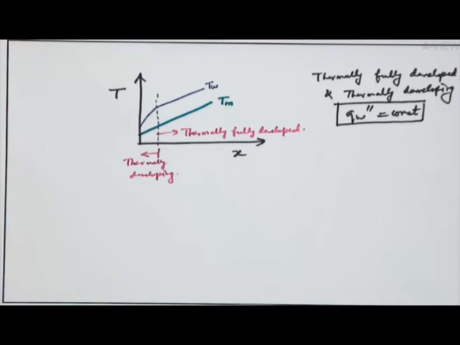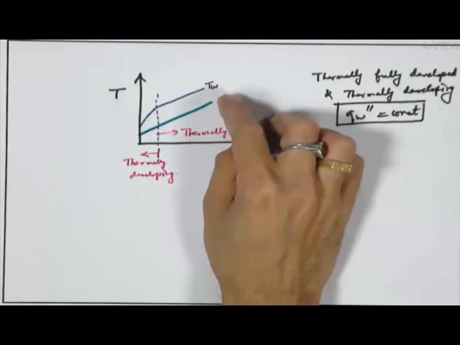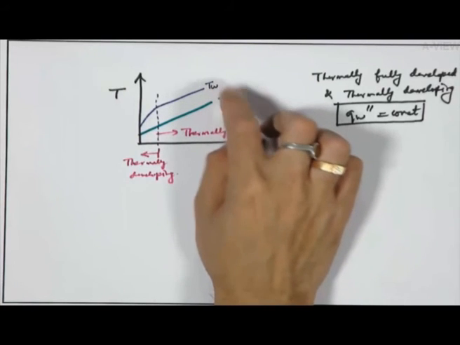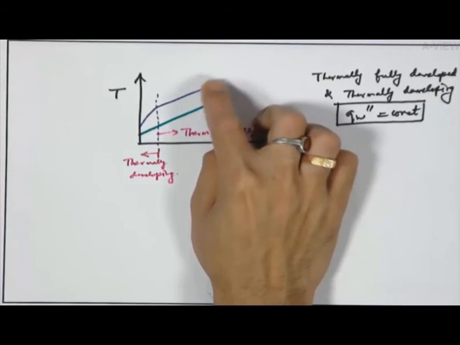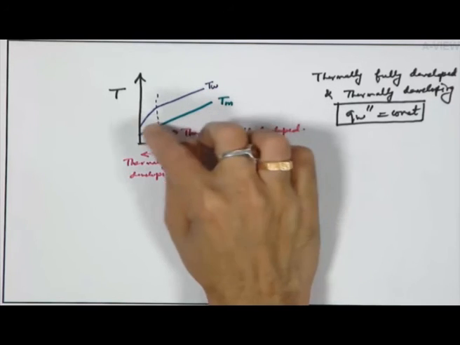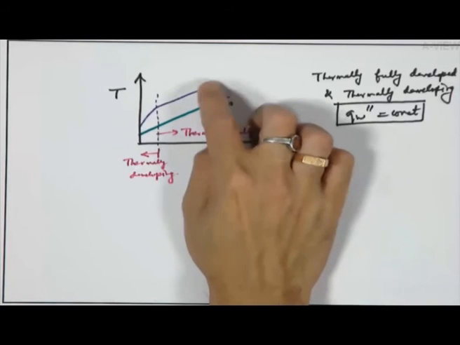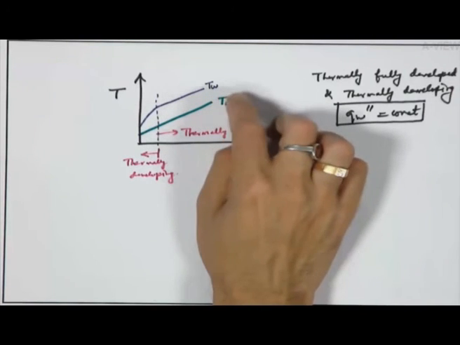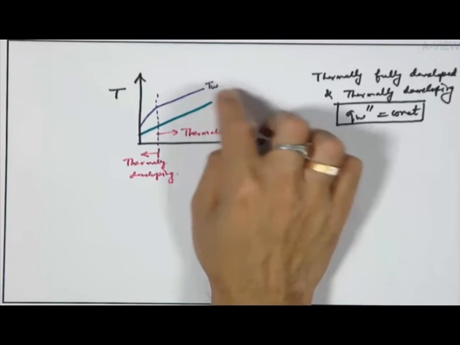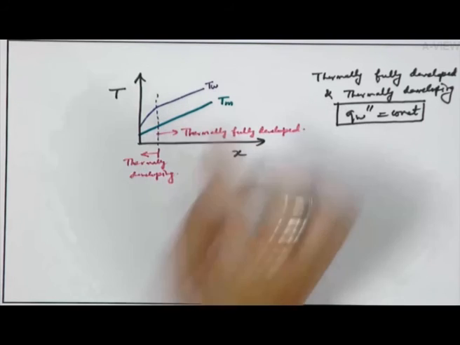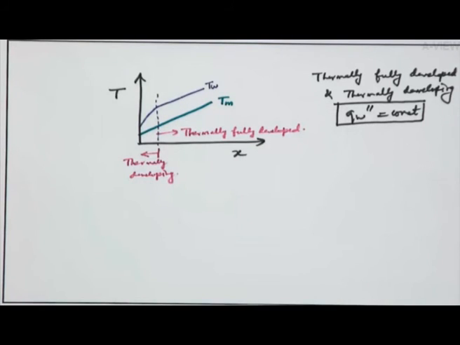I will just mention a correction in the lecture notes. Somehow by typographic mistake these two had been interchanged in the handout that I have given. So, please correct it. Whatever I have drawn in the slides today, this is the correct picture. Somehow in the write up that I have given, T wall and Tm have been interchanged, that is a typographic mistake. Please correct that mistake, because that could otherwise give rise to some conceptual confusion.